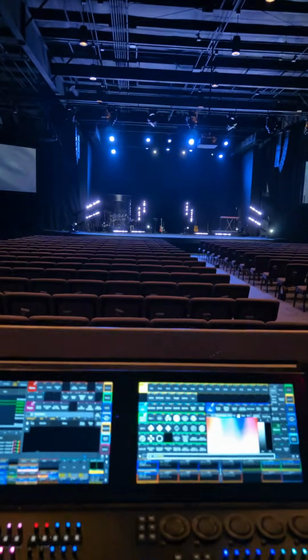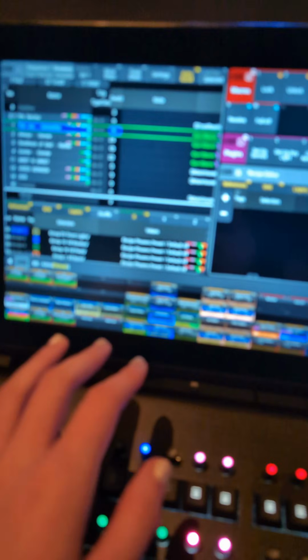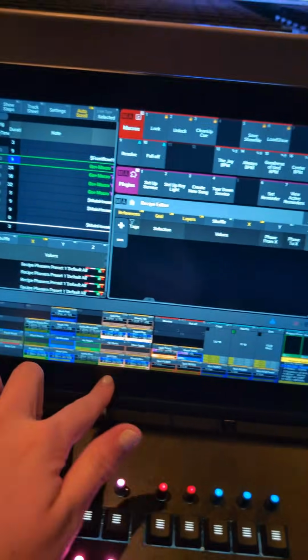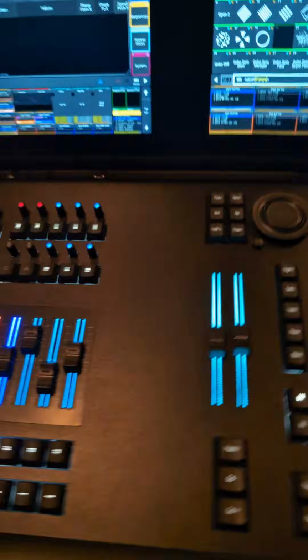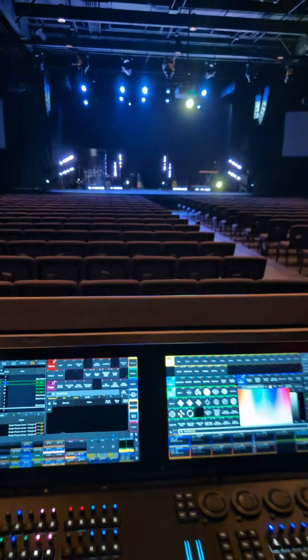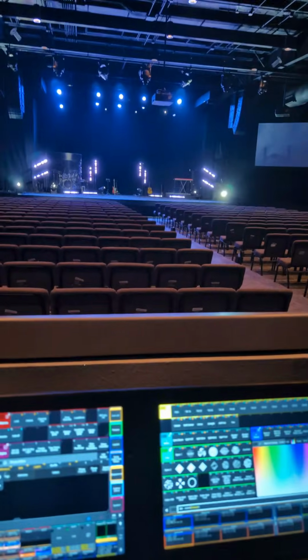So song's ending, how am I going to bring it down? I have to have my fingers in like 5 places to turn all of these off. Here and here and here and here and here. Like, I don't have that many fingers. So what do? Well, my approach was to think through, okay, what things do I need to happen at what